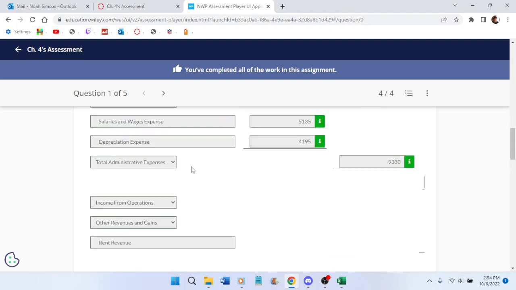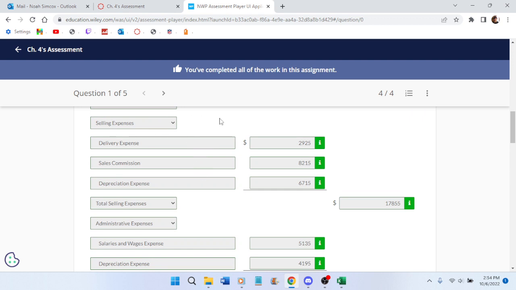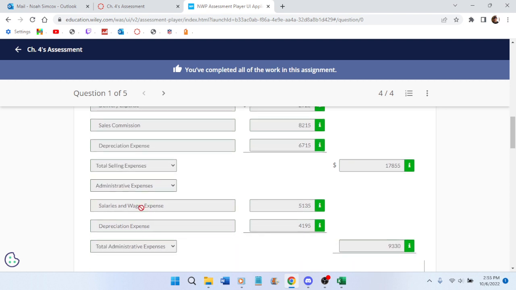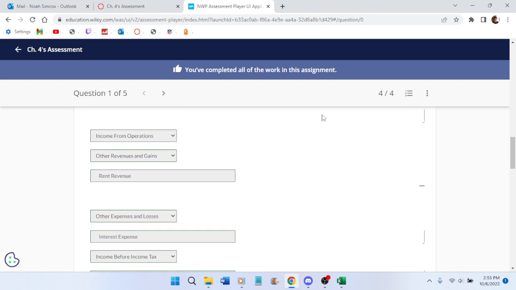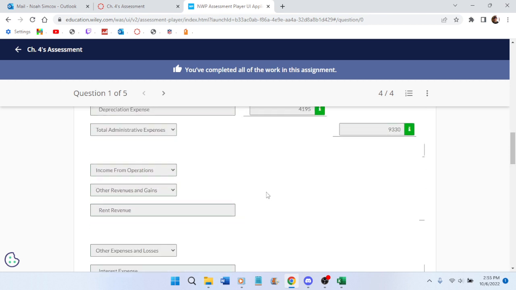Like, the account names are the thing that are kind of weird. Hopefully the test is similar to this, and it gives you a list of accounts to work with. But salaries and wages expense, depreciation expense. This one I was confused because you're putting depreciation for both of them and not specifying what is being depreciated. But anyways, salaries and wages, depreciation, total, and then you subtract and get income from operations, other